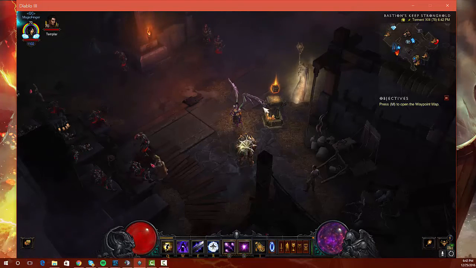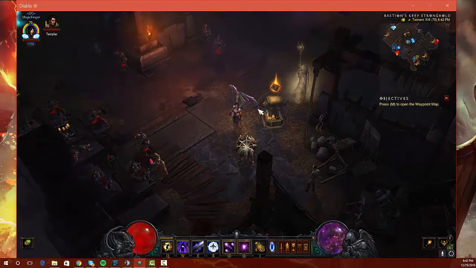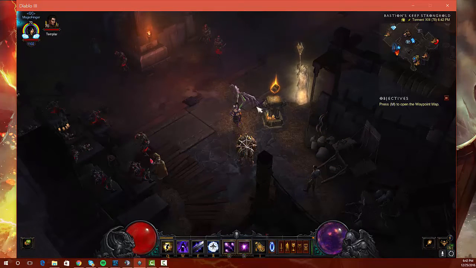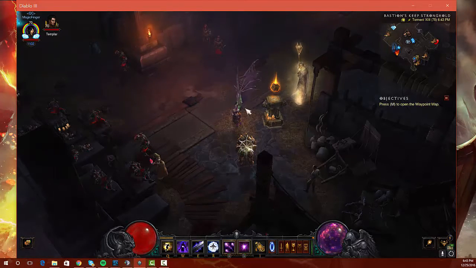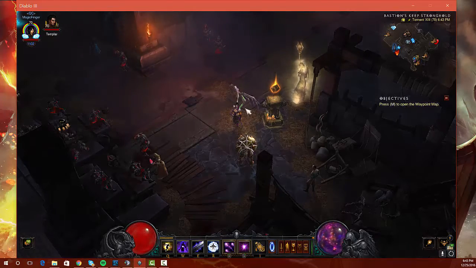Hi guys, it's the end of season 8, and I've been experimenting with a lot of builds, speed farming, especially with the wizard, since that was my main class for season 8. And I tried the Tal Rasha build and the explosive blast build,